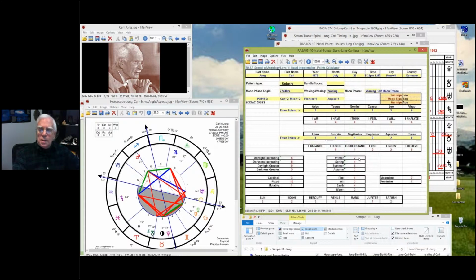Okay, and again, this divides up where you see spring, 2 winters, 4 spring, 5 summer, 3 autumn. So summer and spring, the daylight greater signs, are the most predominant here. Cardinal, fixed, mutable. Again, just like we saw with the sun, moon, ascendant. 3 cardinal, 1 mutable, not very adaptable. 10 fixed. Incredibly tenacious and determined.